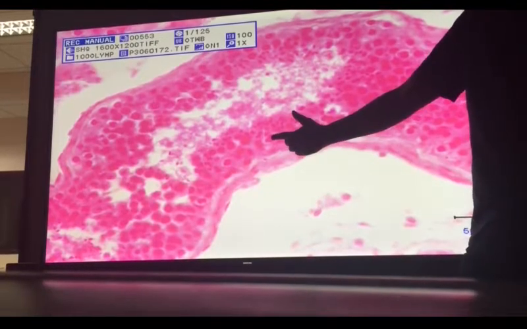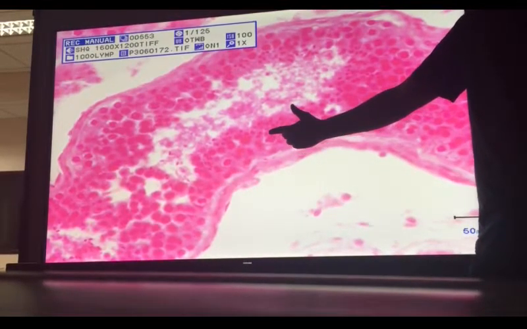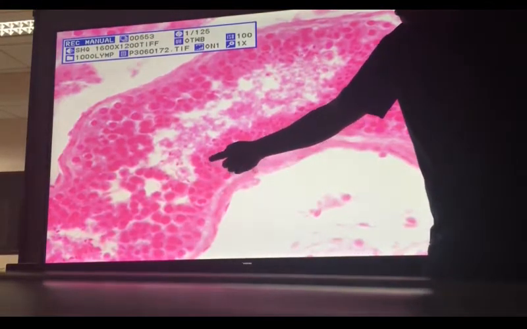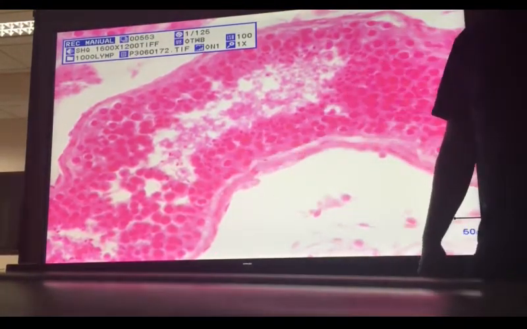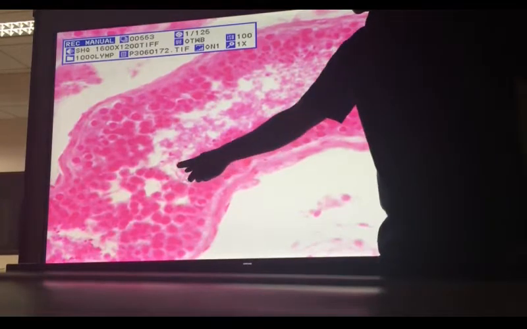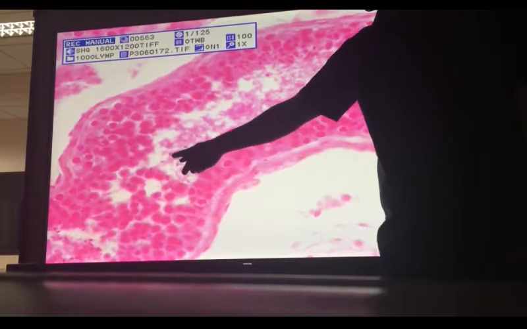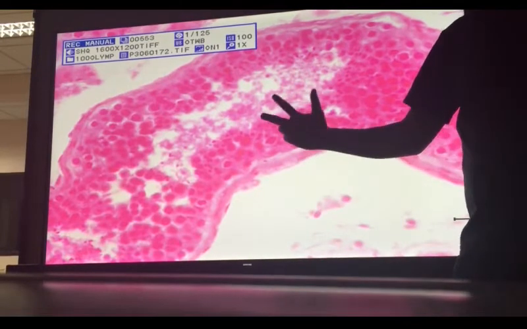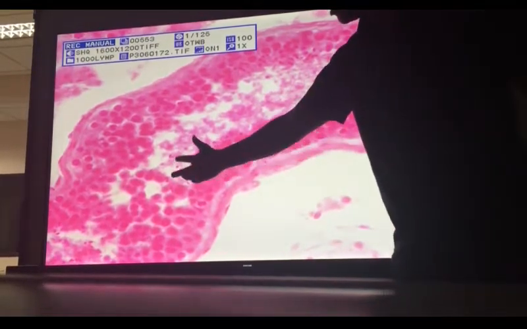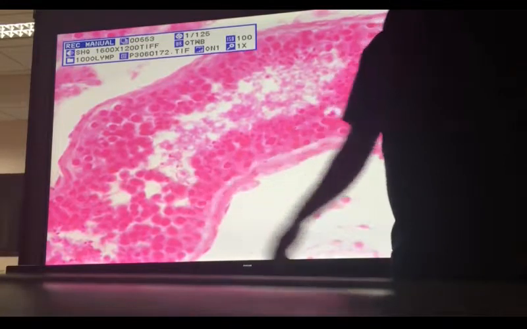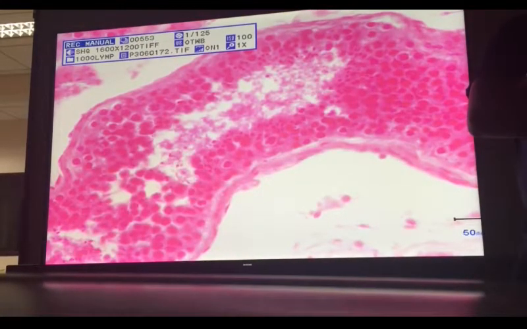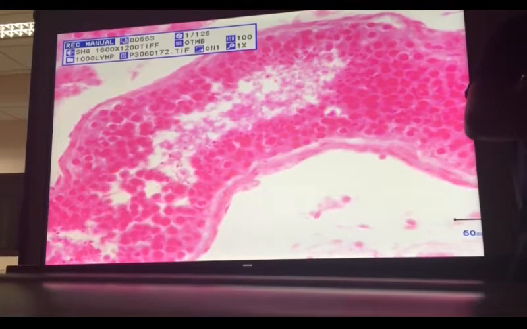Identify the cell pointed. How about these cells? Spermatids. How about these cells? Spermatids. How about these cells? Okay, the mature spermatozoa. So mature spermatozoa. You will be able to say that a flagellated cell is already mature if it is